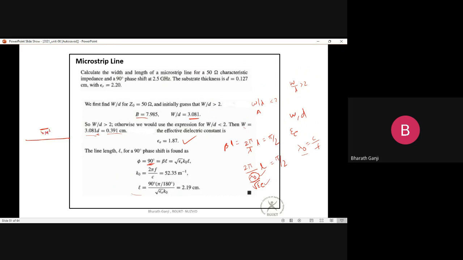0.39 centimeters, and the height of the substrate is taken as 0.127, right? And if I take this line length as 2.19 centimeters,